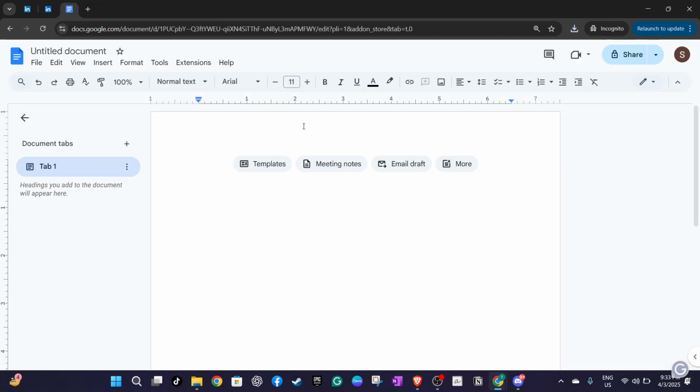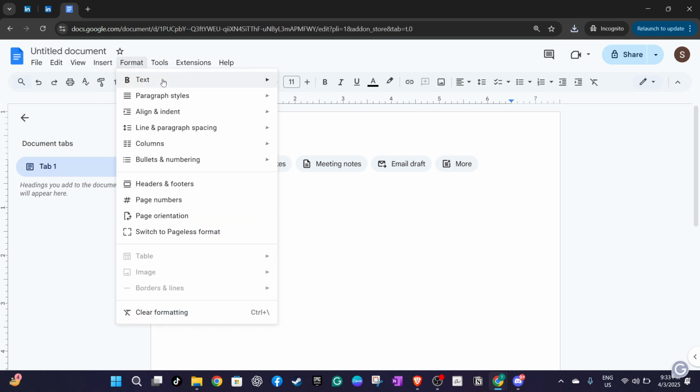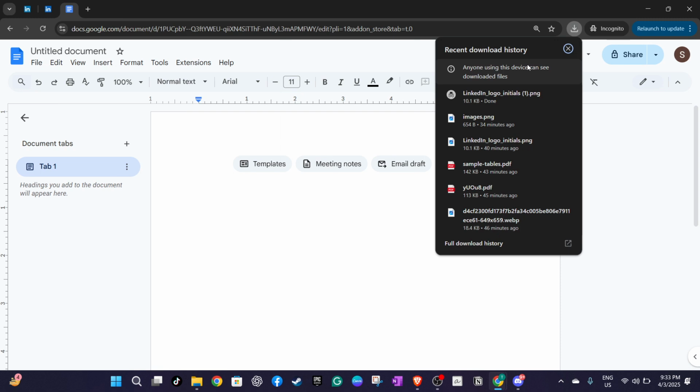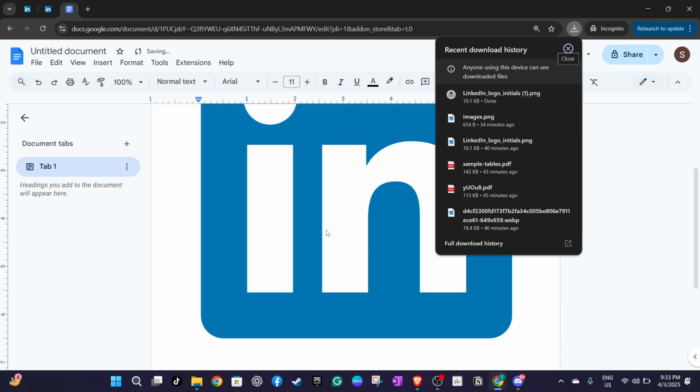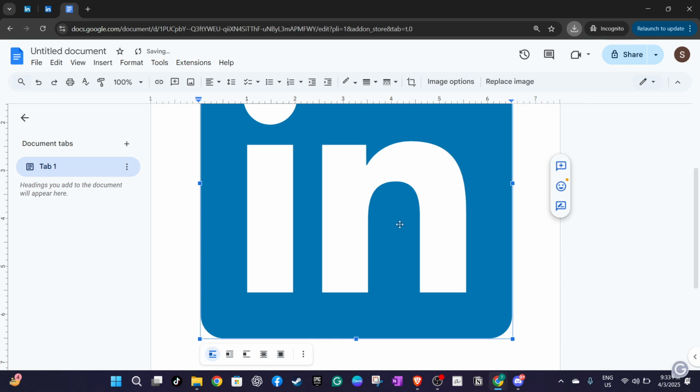Now it's time to insert the image. All you need to do is drag the LinkedIn logo file from your computer and drop it directly into the Google Doc where your cursor is placed. Google Docs will automatically handle the image insertion for you. You should see the image upload in just a matter of seconds, and it will appear right where you dropped it in the document. Once the image appears in your document, you might find that it's too big or too